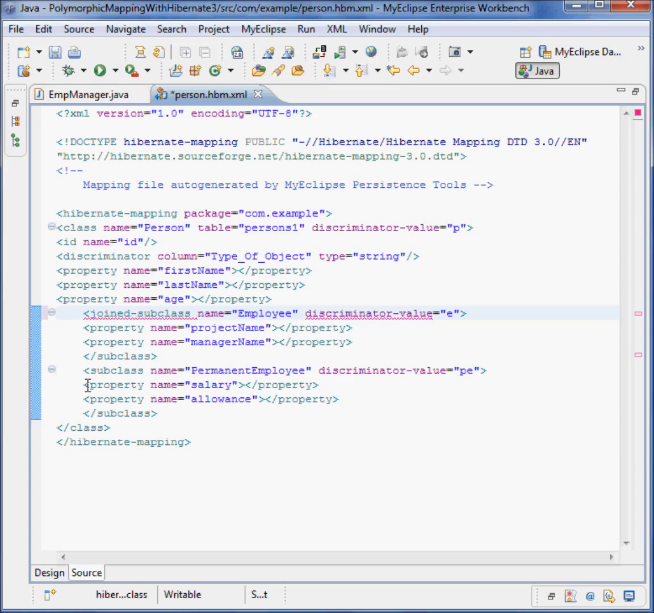So class and then joined subclass. Name is employee, and we will not use discriminator and all. I'll just say table, because table equal to what, so I'll be giving the table name as,